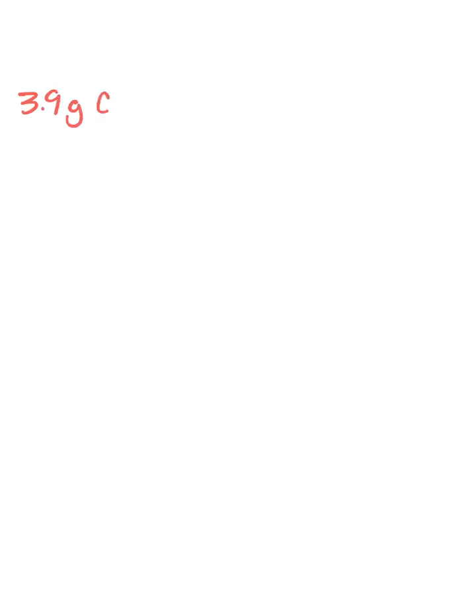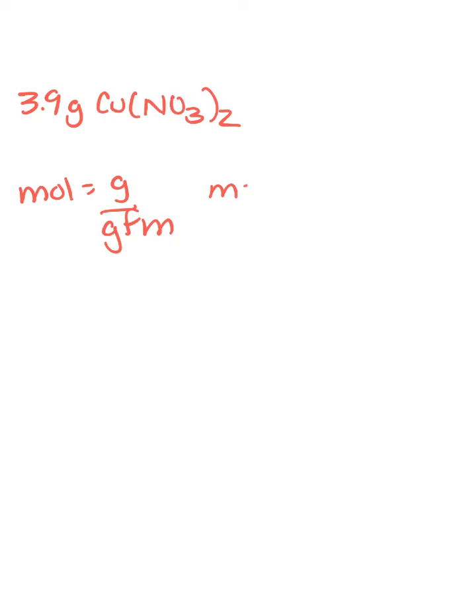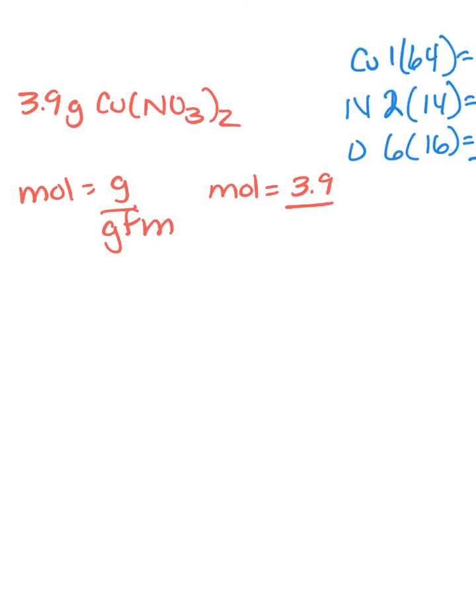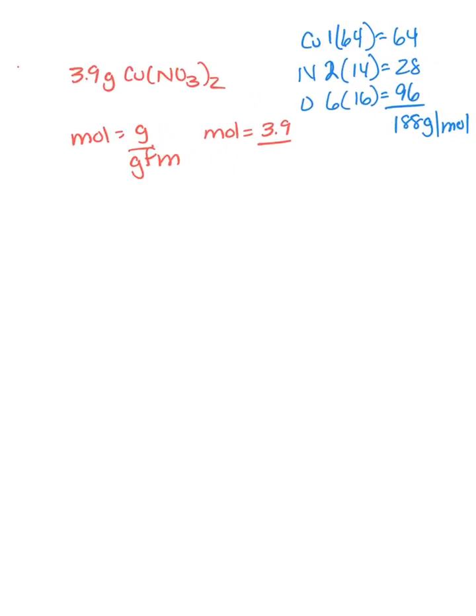3.9 grams of Cu(NO3)2. Let's figure out how many moles that's going to be. Moles equals grams over gram formula mass. Moles equals 3.9 over the gram formula mass of copper 2 nitrate. Okay, so I went ahead and I figured out what the gram formula mass is for copper 2 nitrate, and we got 188 grams per mole, so I'm going to put that down here. Remember, that's grams. So then moles is going to equal 3.9 divided by 188. And I got 0.02 moles of